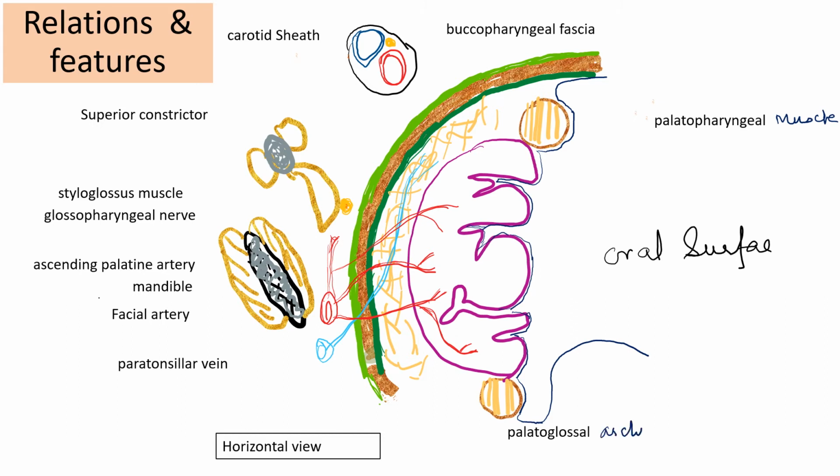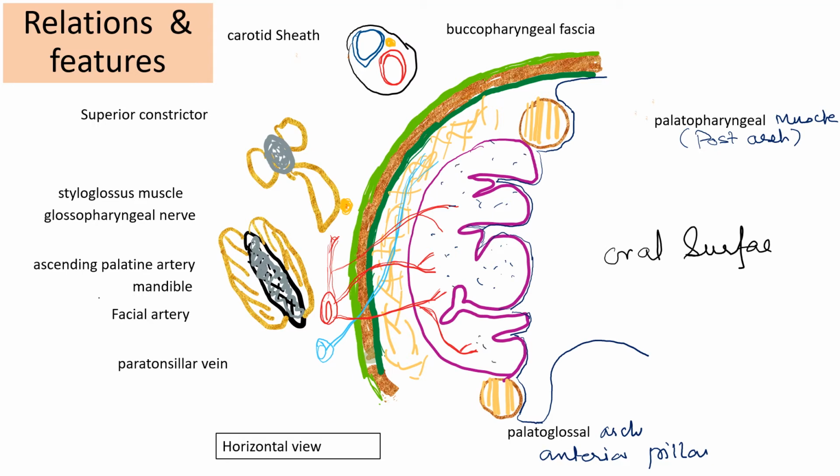Here this will make the anterior pillar. This is also called anterior pillar or anterior arch, whereas this is called posterior arch, posterior tonsillar arch. Okay, so there are pits on the oral surface, which are the opening of the crypts. Along the wall of the crypts, we have a lot of lymphoid tissue present in the substance of the tonsil. So this is the oral surface.